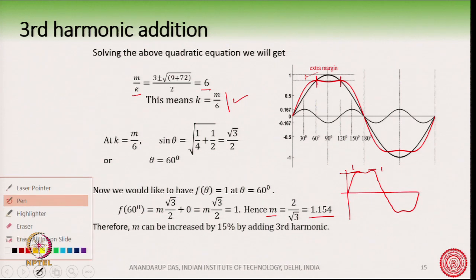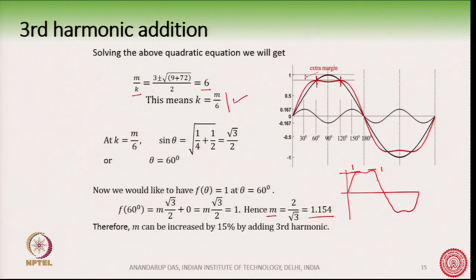That means, the sine wave is having an amplitude of 1.154. So, we see that the sine wave is now more than 1. In fact, it is 15% more, but with the help of the third harmonic we have made the resultant